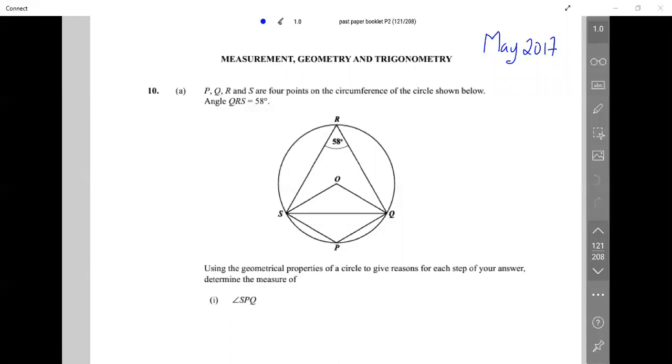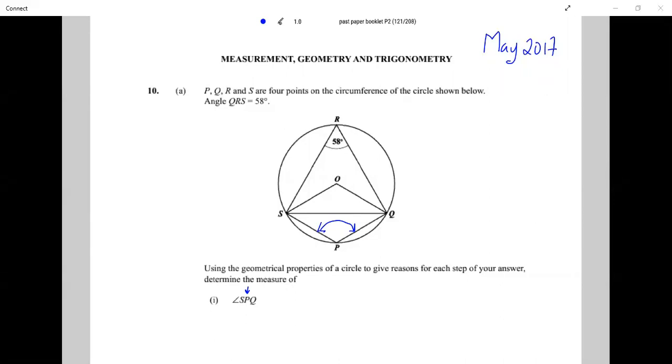You're asked to determine the measure of angle SPQ, that is this angle here. All right. Whenever 2, 3 letters are used to reference an angle, the angle is always at the letter in the middle. All right. Now